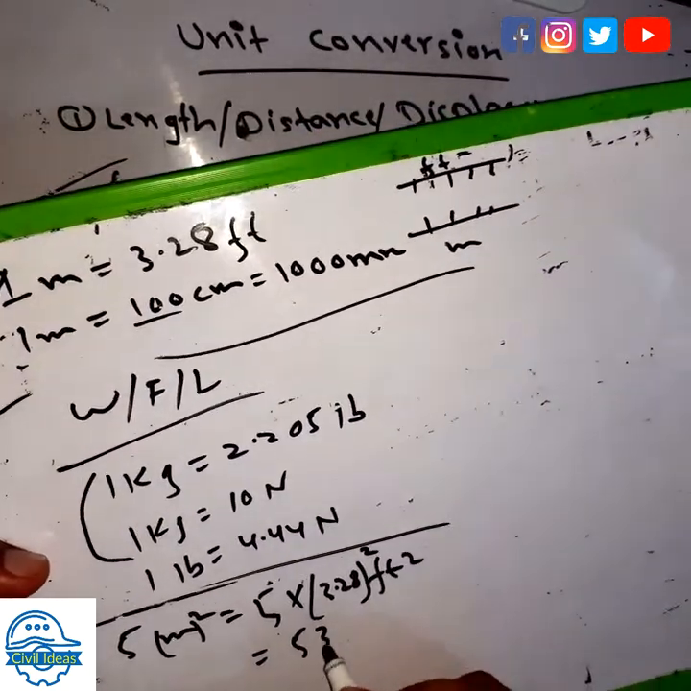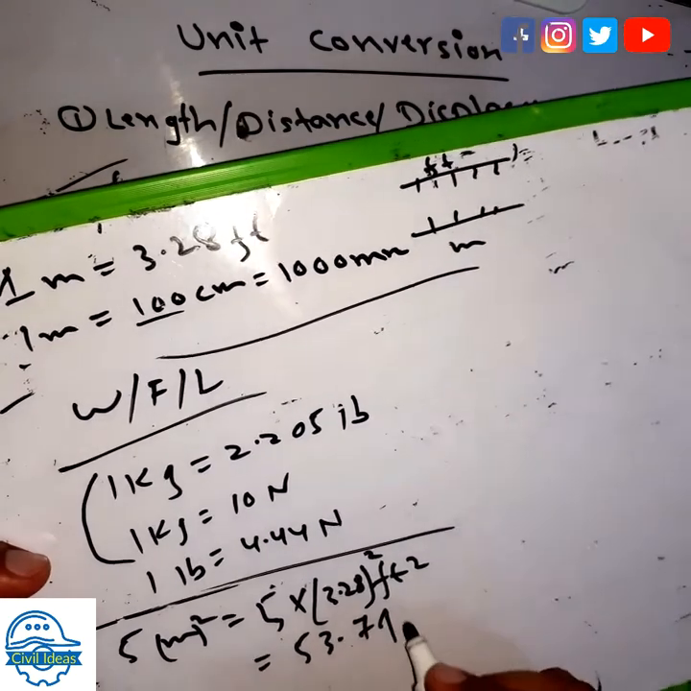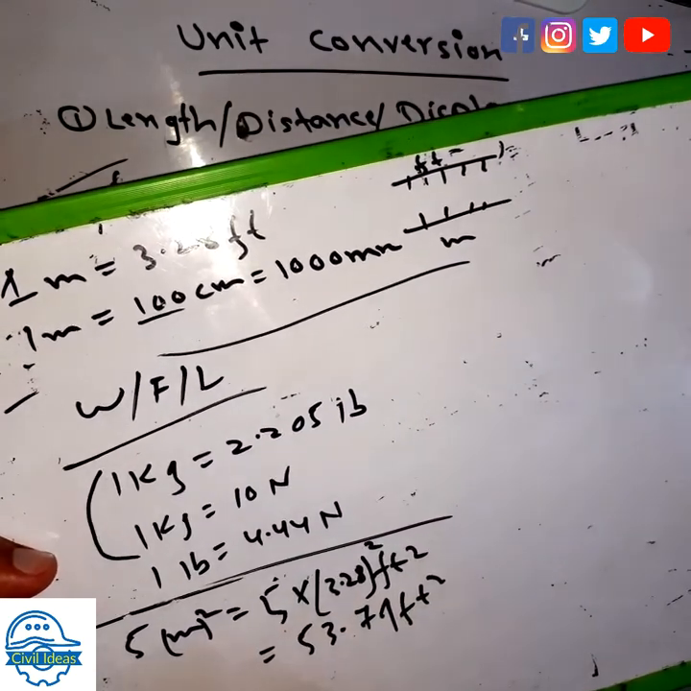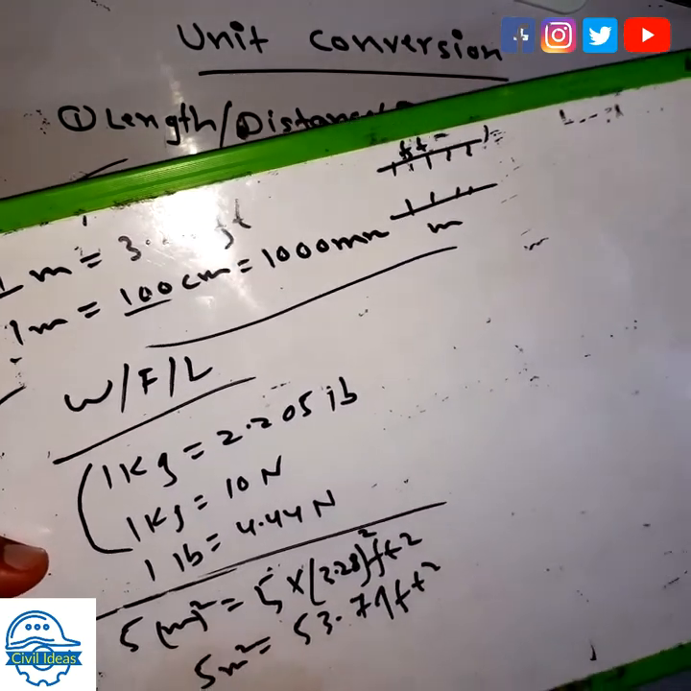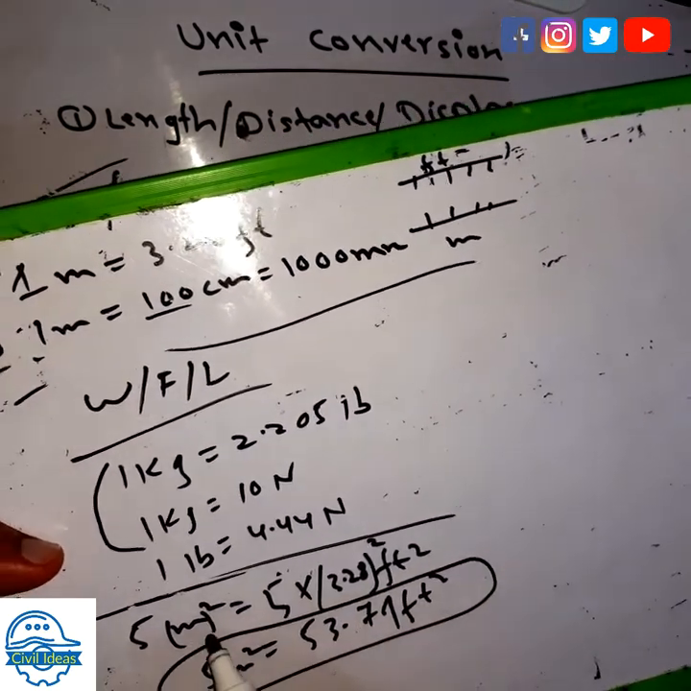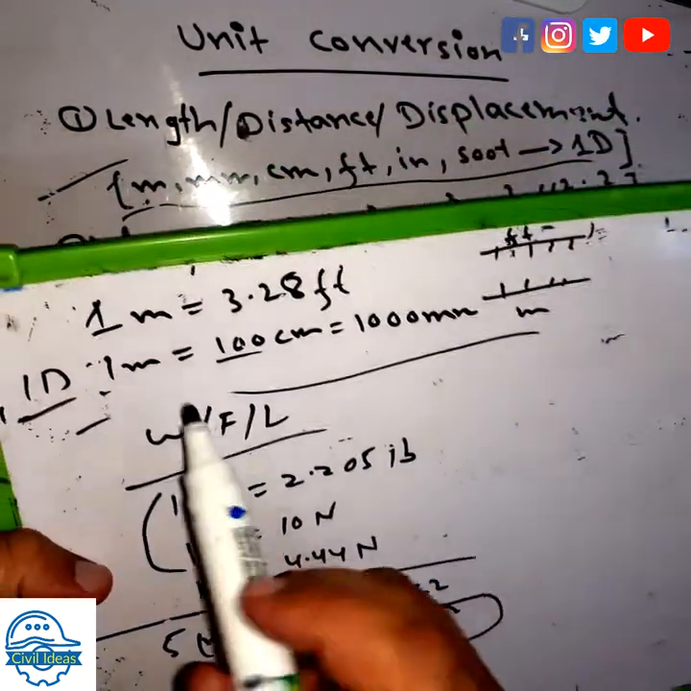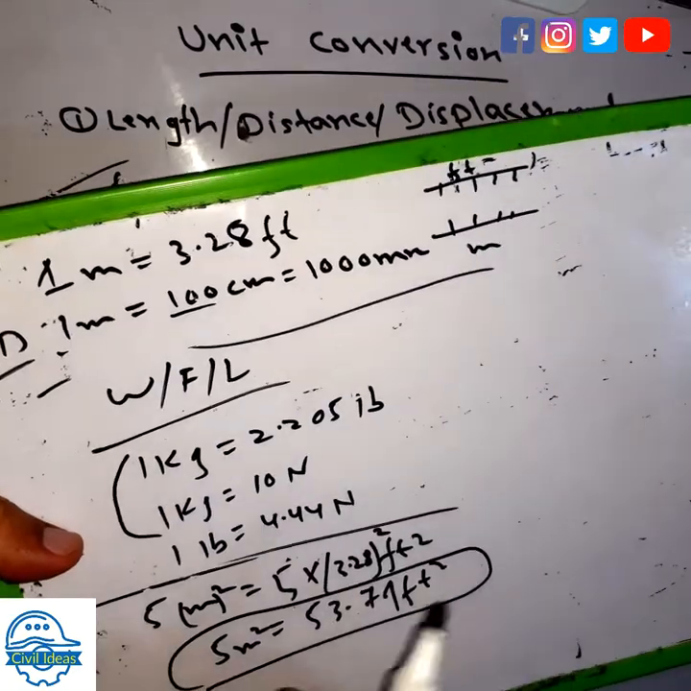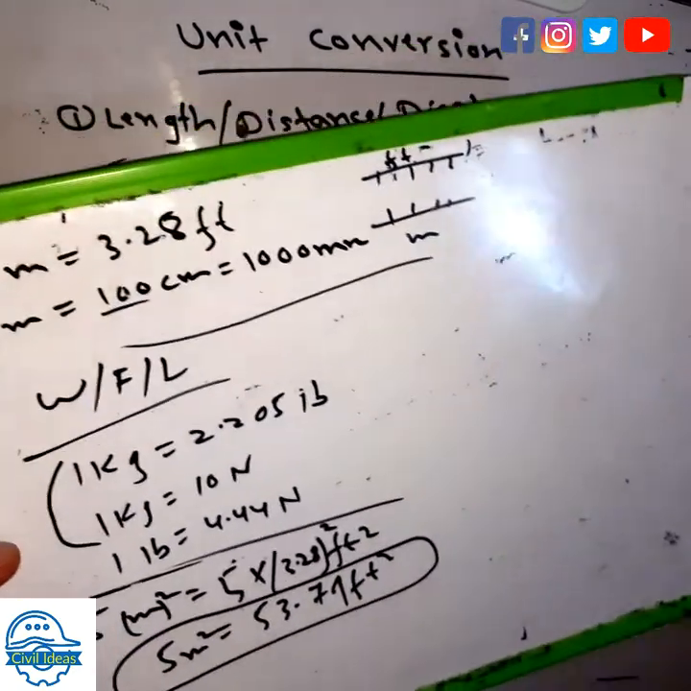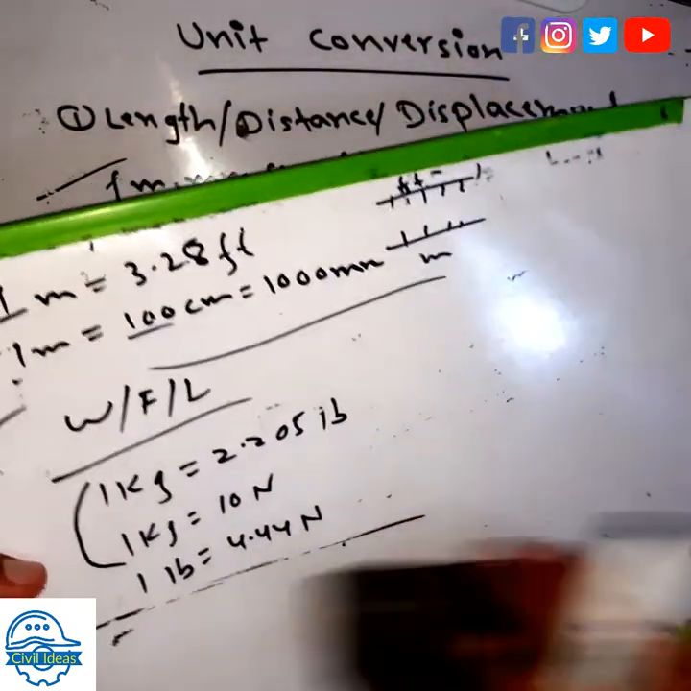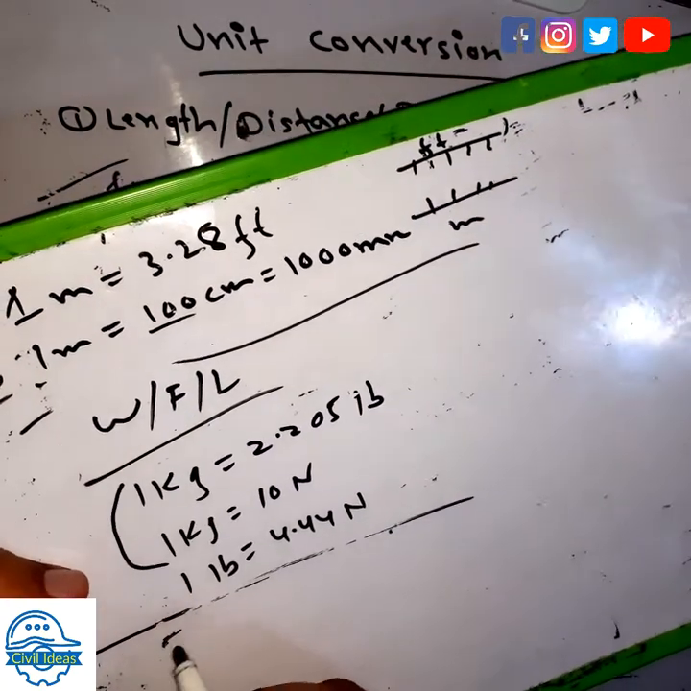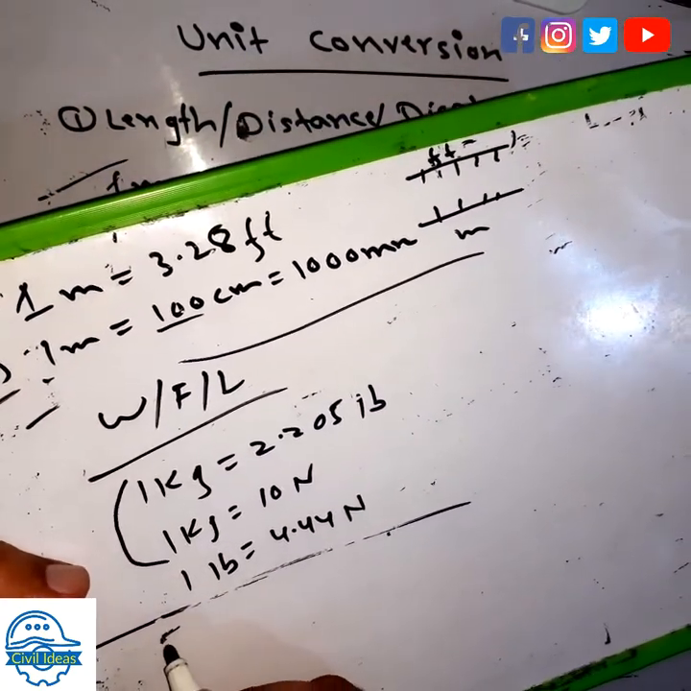53.79 square feet. So this is 5 square meters in square feet. You just take help from the linear unit, and then you can convert into area or volume. The same way you can convert cubic meters,